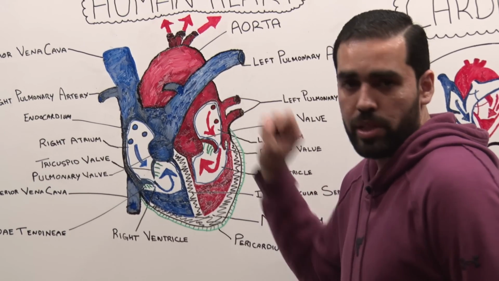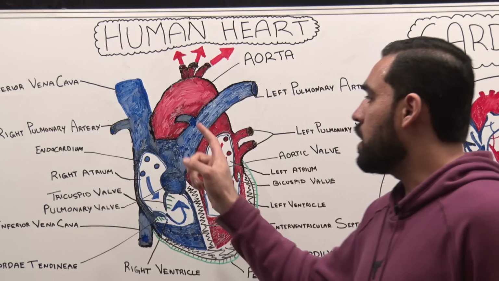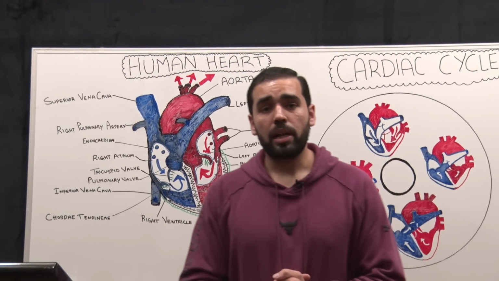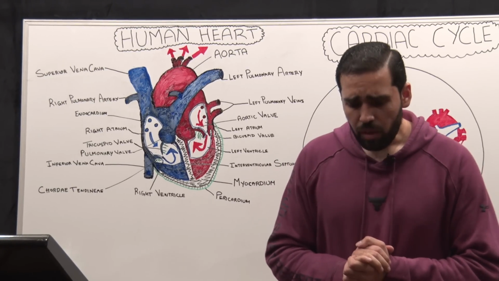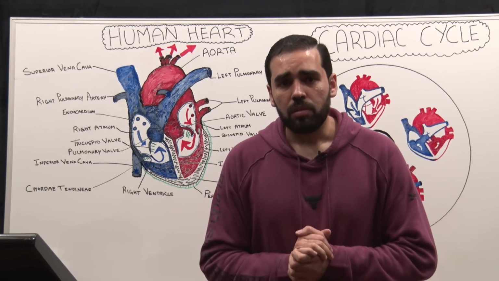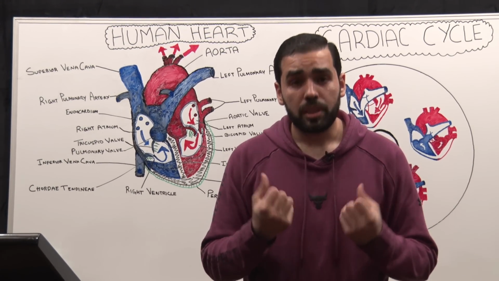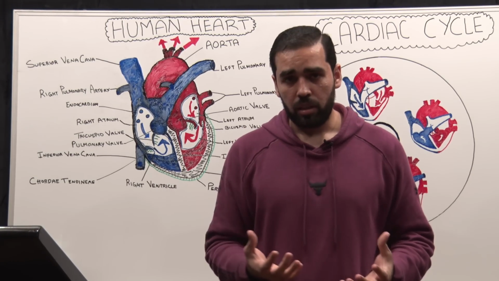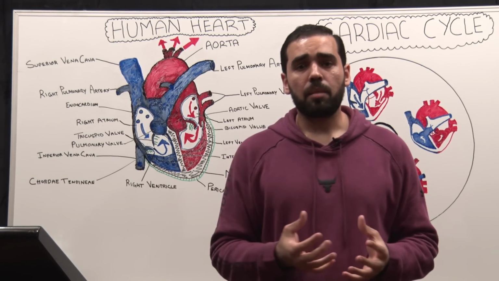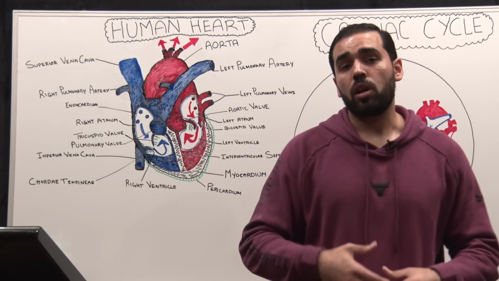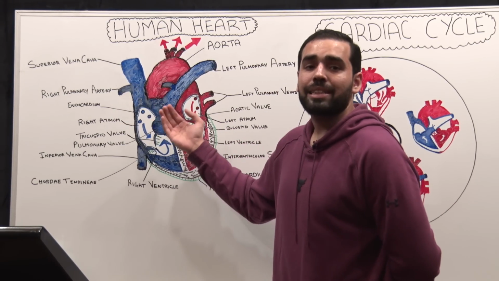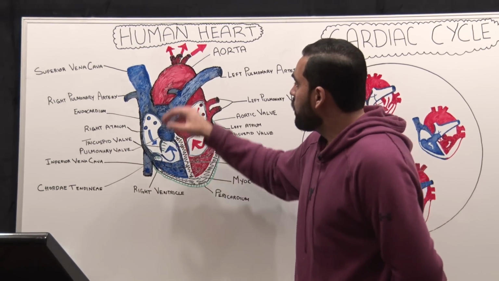blood into the arteries. Now, what is the difference between arteries and veins? That is something that we need to discuss. Maybe you already know that, some of you might not. Any blood vessel that is bringing the blood towards the heart, or closer to the heart, is called a vein, and any blood vessel that is taking the blood away from the heart is called an artery. So let's consider an example on the right side of the heart.